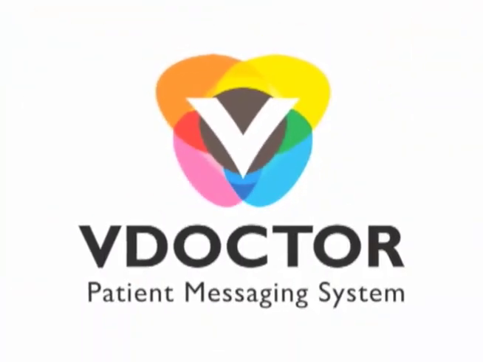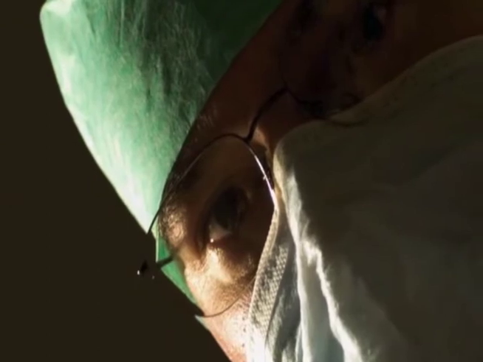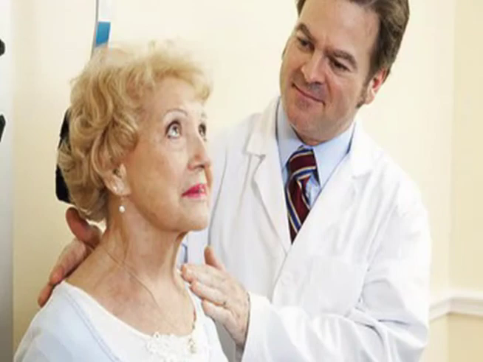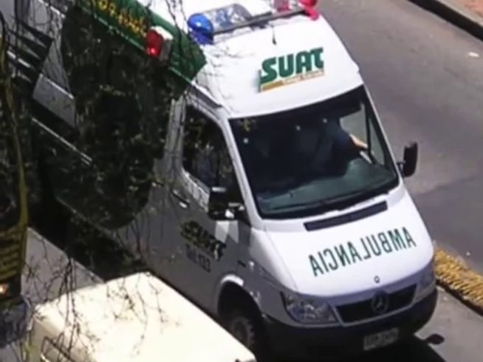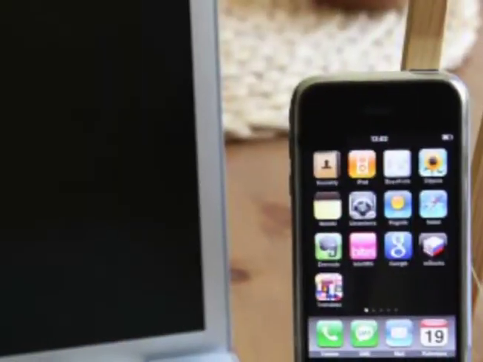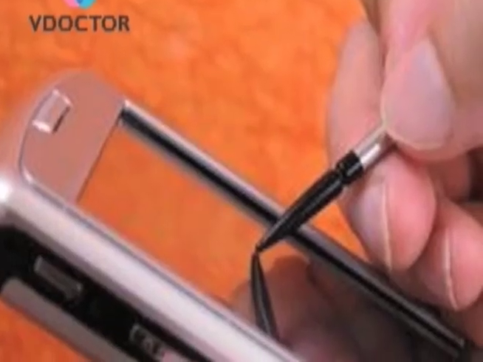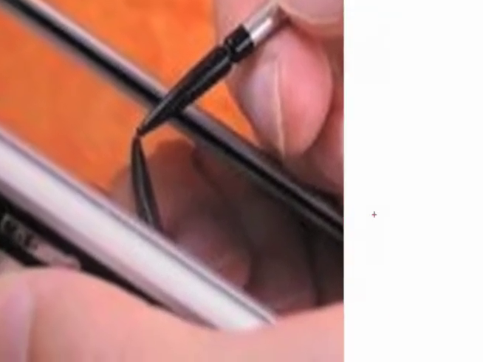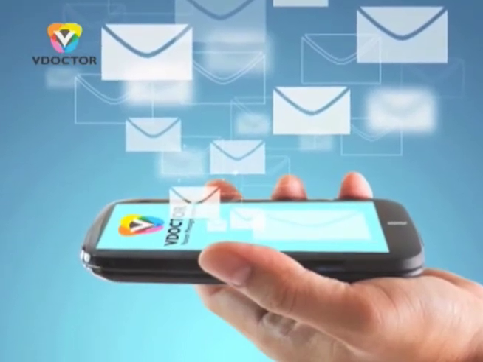VDOCTOR can offer the patient post-op care when the patient is discharged. After surgery, the doctor can send an SMS to the patient to see how he or she feels and if there would be any complications so they can immediately report it and return it to the hospital or clinic. The patient can send and receive messages. It doesn't matter if the cellular phone is modern or not, and the messages will be free of charge for them. The text message, or SMS, is the fastest communication system.